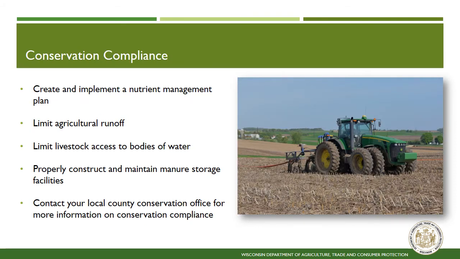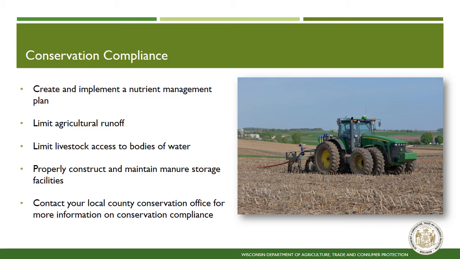All eligible participants in the Farmland Preservation Program who wish to claim the tax credit must meet the state soil and water conservation standards on all land they own. A core aspect of the state conservation standards is implementing a nutrient management plan. Nutrient management plans address tolerable soil loss, phosphorus runoff, and aim to optimize nutrient applications and soil health.